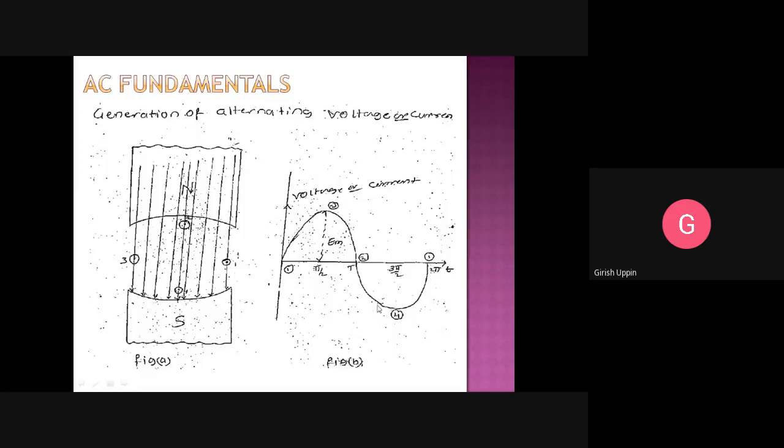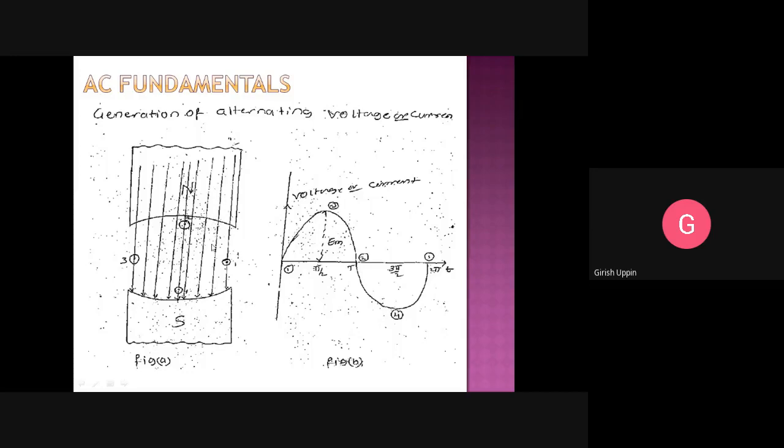If I plot this one, 2 pi, then we have, this is the 0, EMF induced, voltage induced is 0. So if I join all these lines, I get a sine waveform. If I consider any intermediate position, suppose the conductor is here, the direction of motion is like this, and this is the direction of the flux. Angle between them is theta.